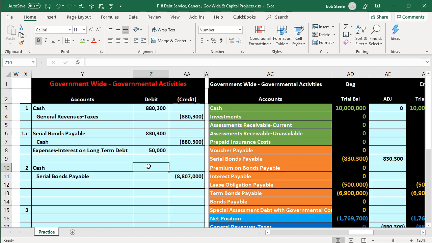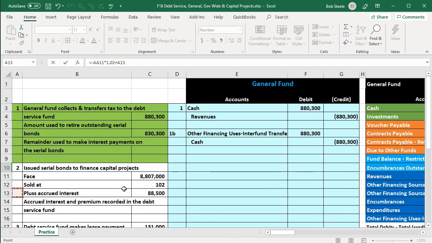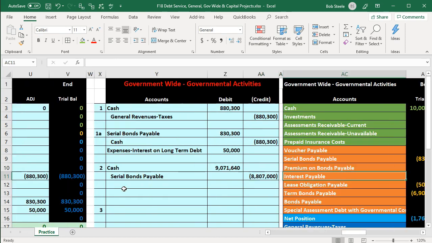So to calculate that, I'm going to say that this is going to be equal to, let's say, negative of the face amount, that times 1.02, that's 102%, and then we're going to add to it the accrued interest. So the accrued interest is going to be here, the 88.5, and there we have that. So that's going to be the amount of money that we're going to receive, and then we're going to have